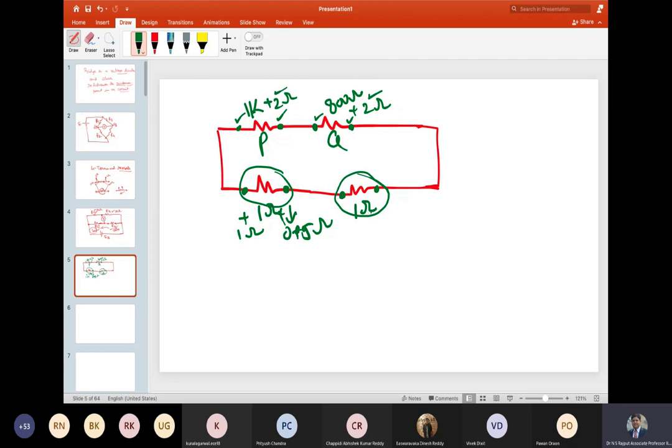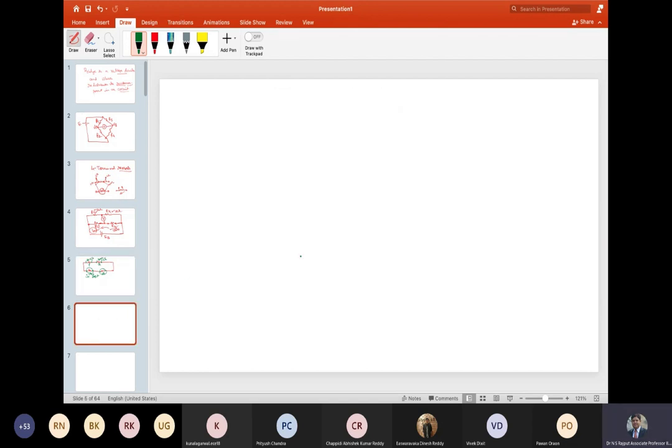So let's try to come up with what we can do. Kelvin's double bridge, what he did was, let us introduce two more resistances. So with his suggestion,